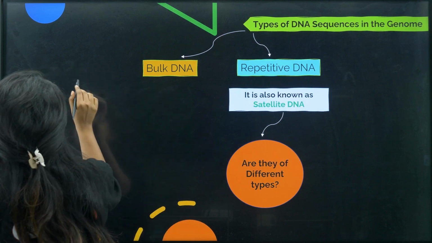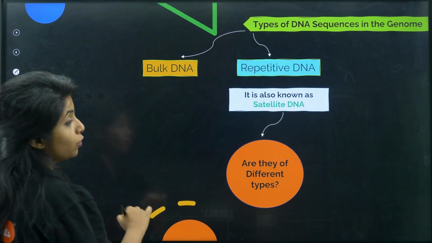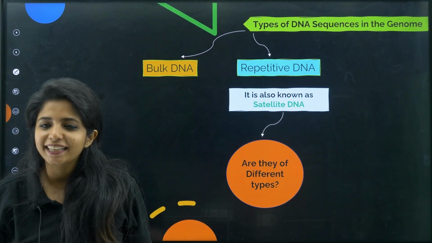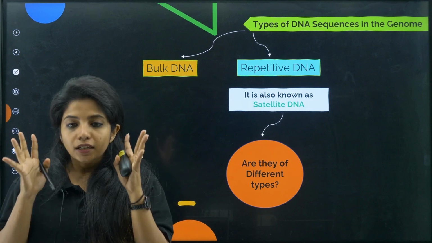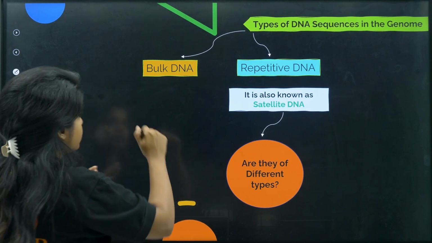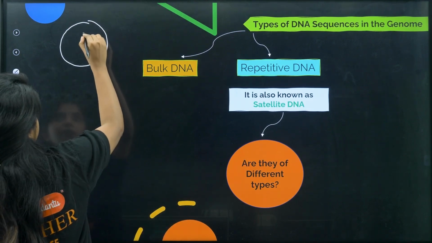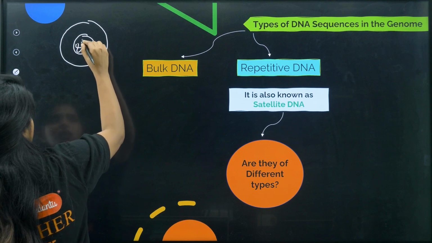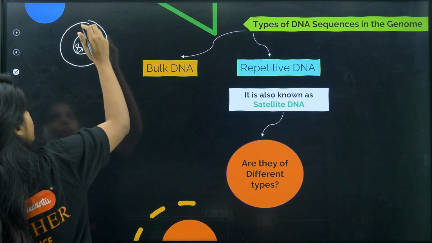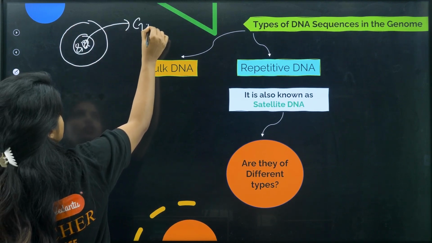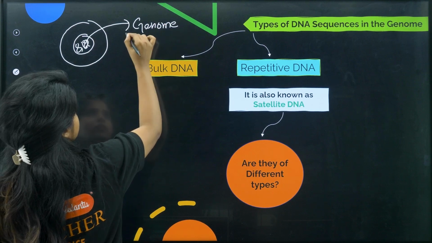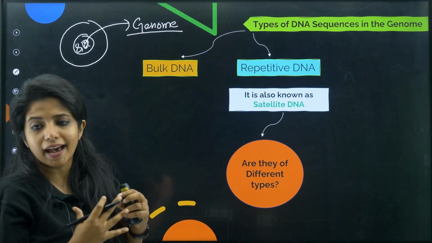Let's begin it. So, basically, listen. What is happening? The whole DNA that is there in a cell. Okay, if this is a cell, this is the nucleus, and I say there is a DNA strand. There are so many DNA strands. The whole of these things, the bunch, I call it a genome. The whole thing together, I call this as genome.